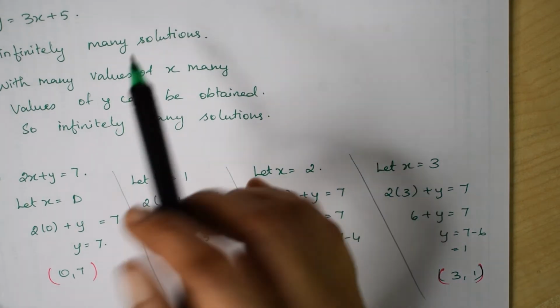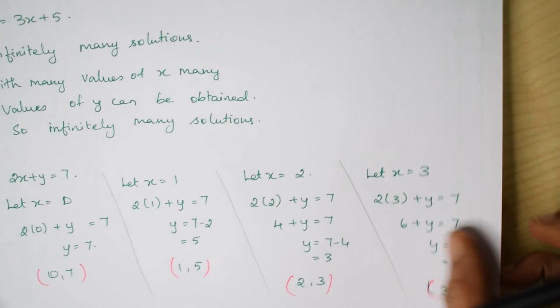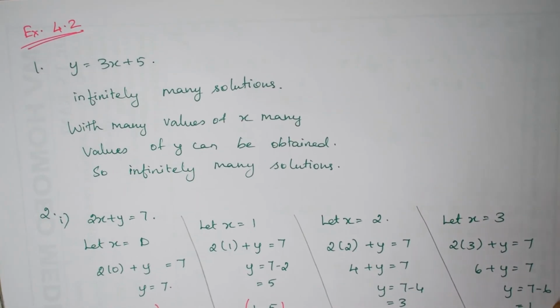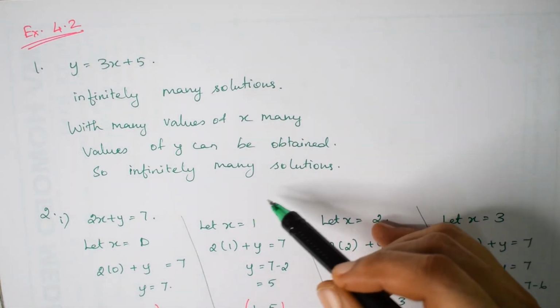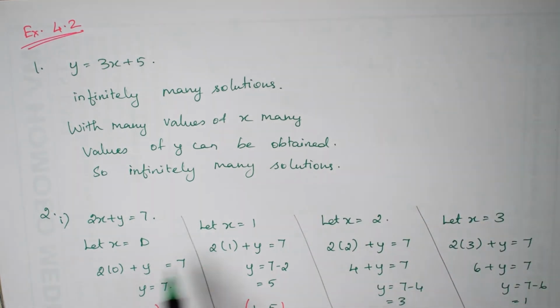Now I think you will understand why, when I go back to the first sum, it has infinite number of solutions. We can assume any value for x, right? Here I have 0, 1, 2, 3. Like that I can assume any value for x. It can be up to 100, it goes up to infinity. Accordingly y's value also changes, and so we can have infinite number of solutions. What I mean again is there are infinite number of points on a straight line.